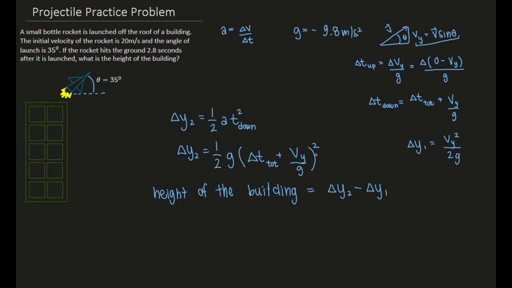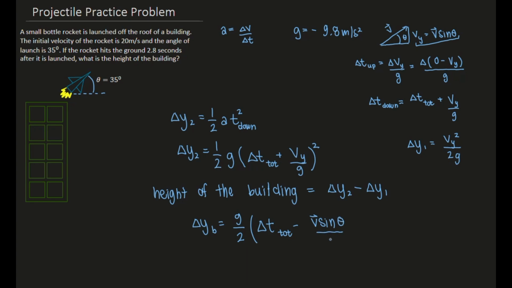So let's plug everything in, and let's actually get our full final algebraic expression before we plug any numbers in, and then we'll calculate it from there. Let's shorten this. We'll just call it delta y, the change in the height of the building, and that's going to be equal to our delta y2. That was the height that it took the rocket to go from its total top height all the way down. So that is 1/2 g, we'll just say g over 2, times the total change in time minus, instead of writing Vy, let's actually write what Vy is. So that's V times the sine theta